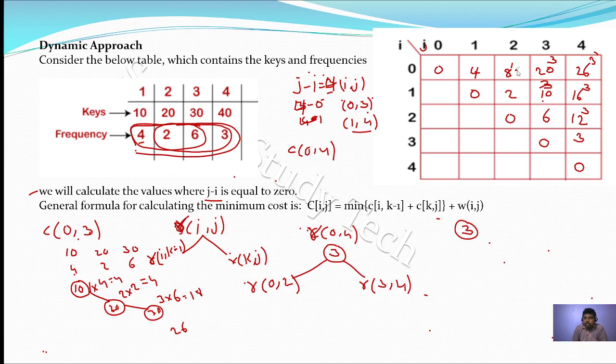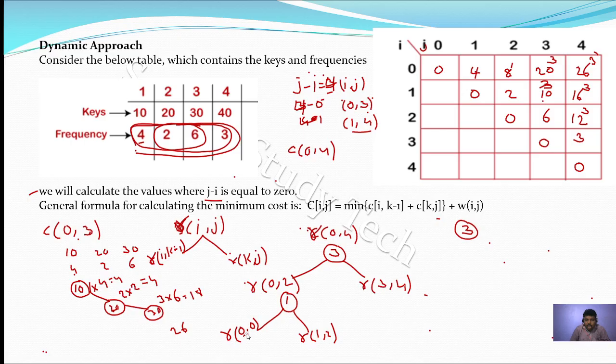Now R of 0 2, you can see here. R of 0 2 value is, the key is 1. So here it is 1. Like that, here it is R of i value is 0, comma k minus 1. That k value is 1, 1 minus 1, that is 0. Here you can see R of k value is 1, j value is 2, in this 1 comma 2. So j value is 2 here. Here it is 0 2.